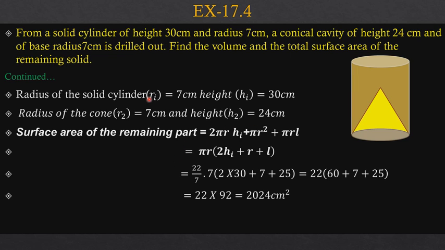Now we know that the formula for surface area of cylinder is 2 pi rh, that will remain as normal, and then we have pi r square because we have a circular base. Then we need to find the surface area of the cone as well, so you get pi rl. Now once you put the formula, you get 2024 centimeters square as your answer. Remember, the portion of cone that has been carved out from the cylinder has now become the surface, because that's an open space, that's a surface now, because the entire thing has been taken out. So the remaining portion has become the surface of the figure that we are discussing.